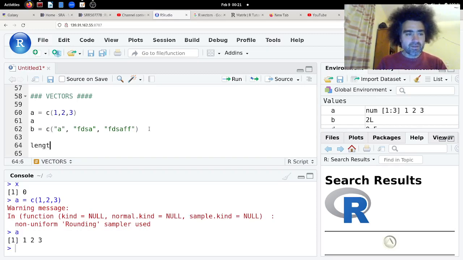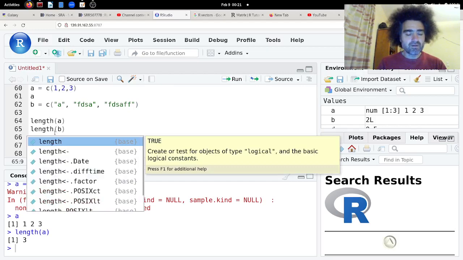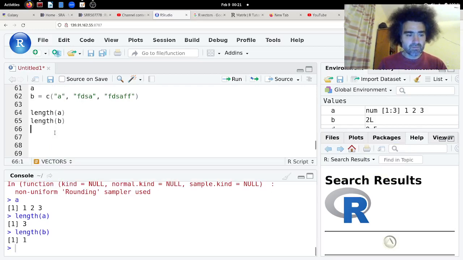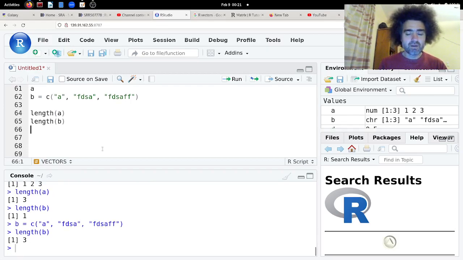The length of a vector is just the number of elements that it contains, the same for length of B. Probably I didn't draw this, so now length of B is 3. And the important thing about vectors is that all elements should have the same type. So for example, this one is not a valid vector,